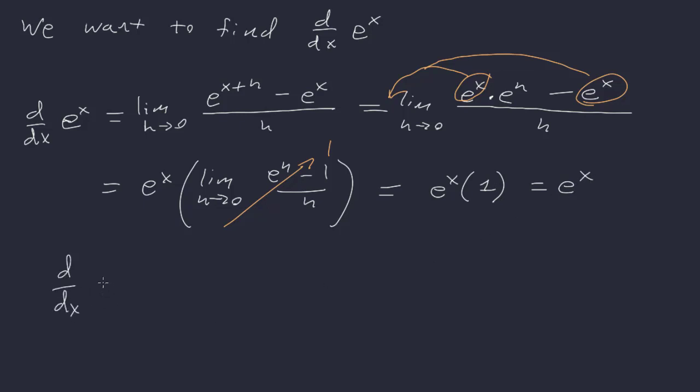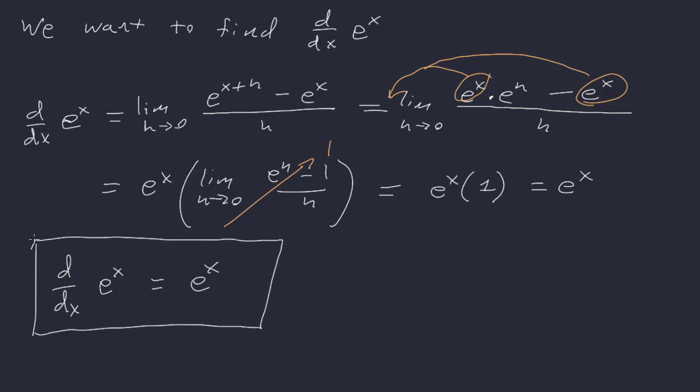So the derivative with respect to x of e to the x is itself. That's interesting. But if we take a look at just the graph of e to the x and look at the slope of the tangent line as we go across,